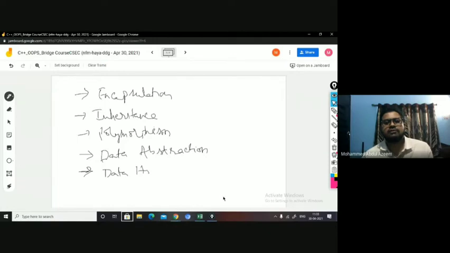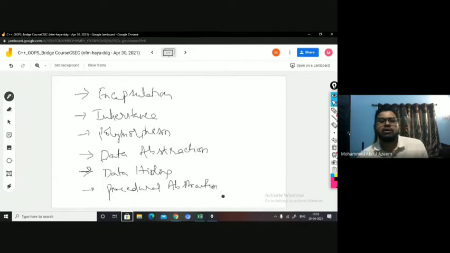Data hiding, and abstraction, procedural abstraction. We are able to do all this with the help of access specifiers. Yes or no? By declaring data under private mode, we are able to hide the non-essential data from the user.